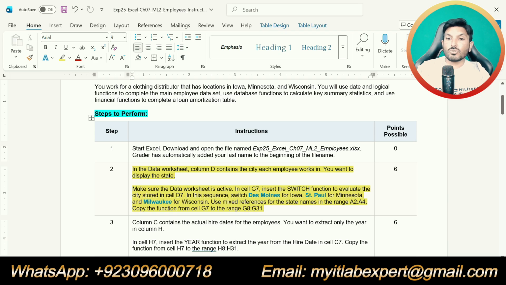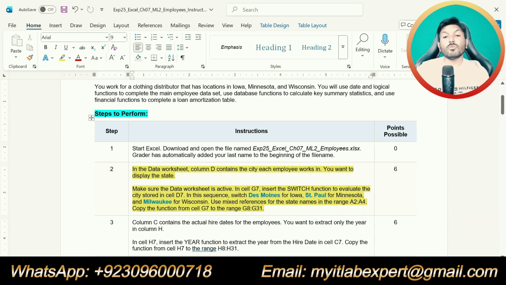In the sequence, switch Des Moines for Iowa, St. Paul for Minnesota and Milwaukee for Wisconsin. Use mixed references for the state names in the range A2 to A4. Copy the function from G7 to the range G8 to G31.